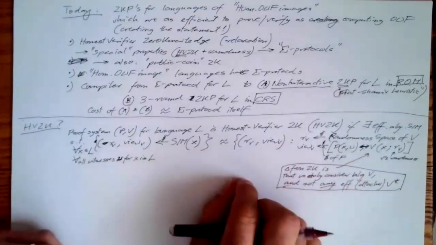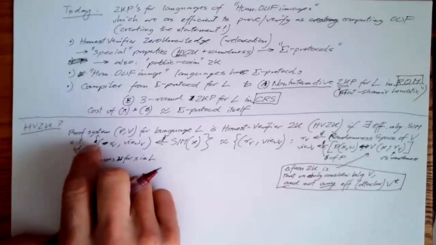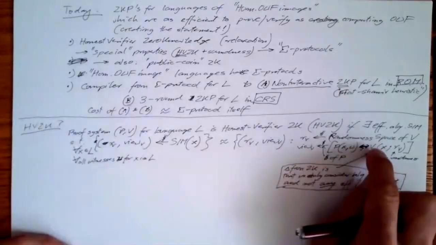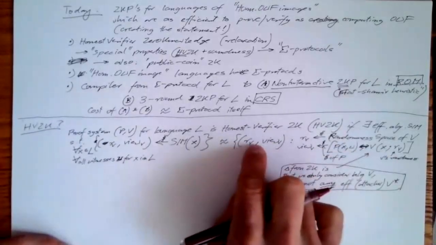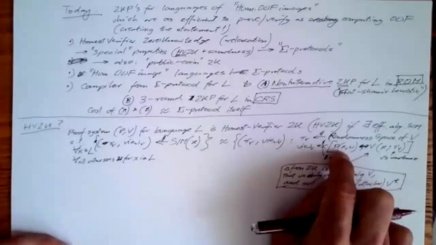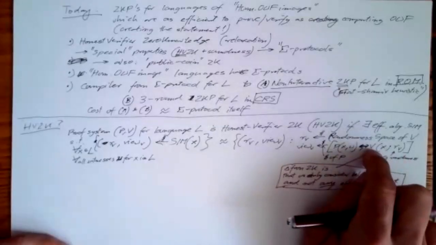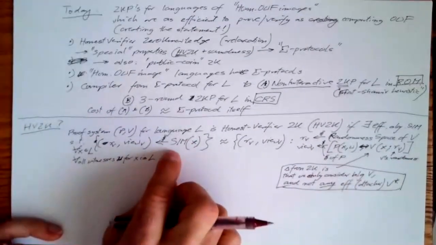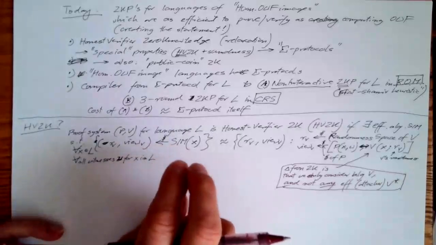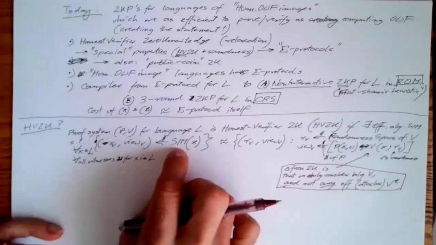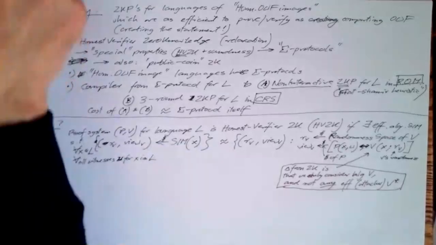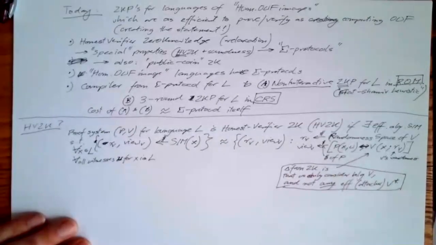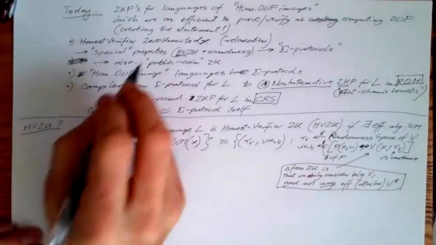So in the full zero knowledge property, the quantification goes over every efficient verifier V star, every efficient cheating verifier V star, and the view that we consider here in the real world is one between the honest prover and a possibly cheating verifier. Okay, so this simulator has a sort of easier job. He just has to match the view of V, and V is designed by us and not an arbitrary algorithm. Okay,